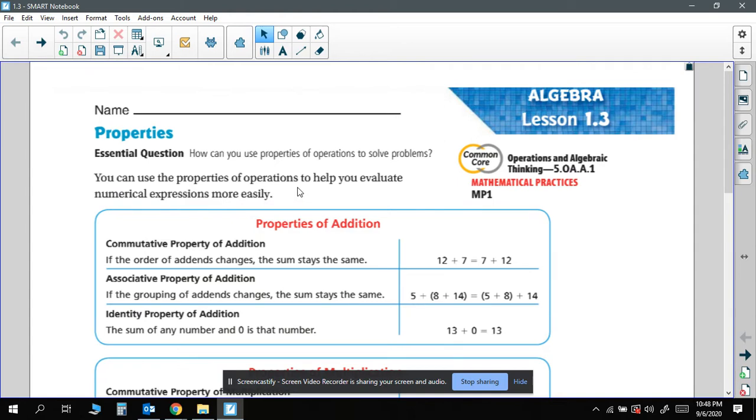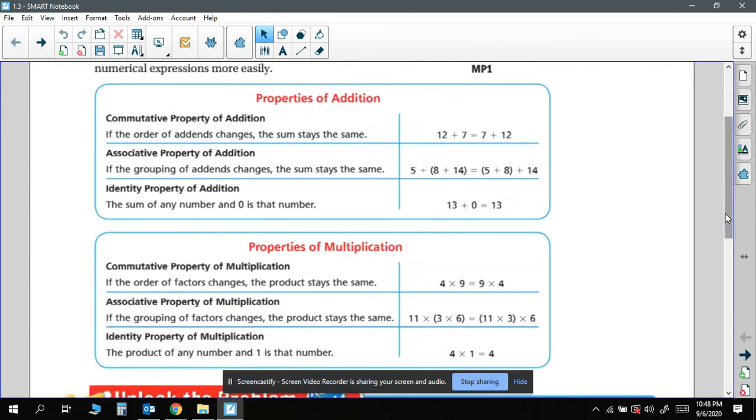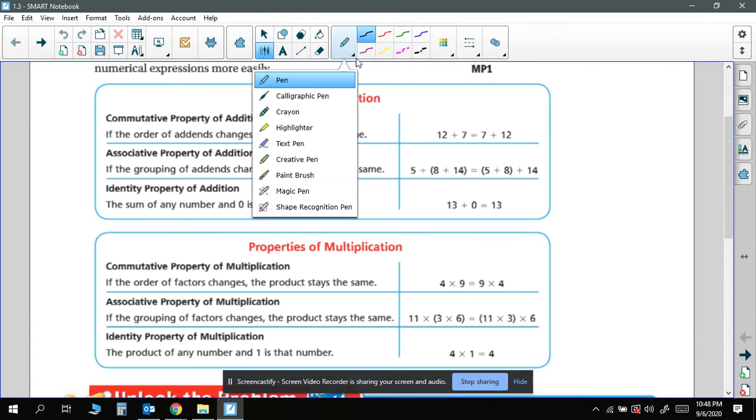You can use the properties of operations to help you evaluate numerical expressions more easily. We're going to look at properties of addition and then properties of multiplication too. A lot of times, these are things that we do mentally to help us solve different problems. So what we're going to do is break these down a little bit so that they're easier to understand. If we look at our first part, our properties of addition,